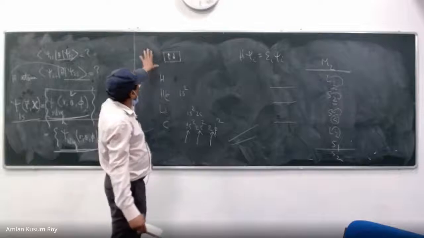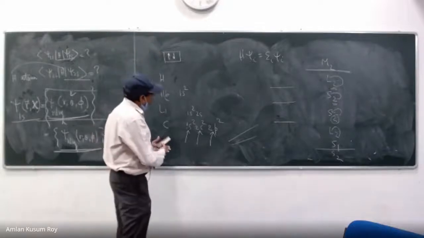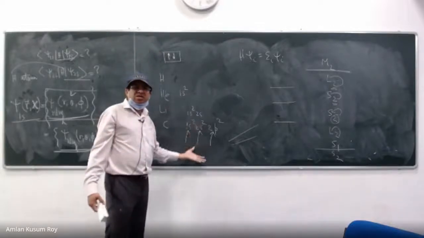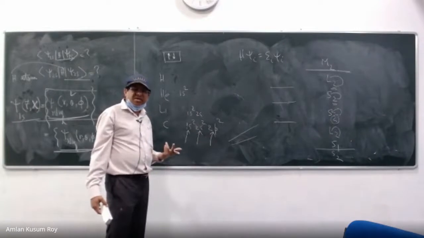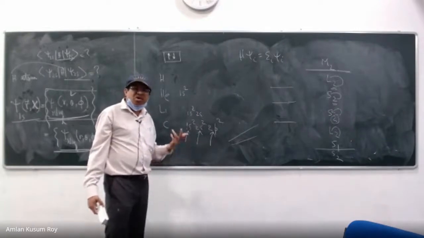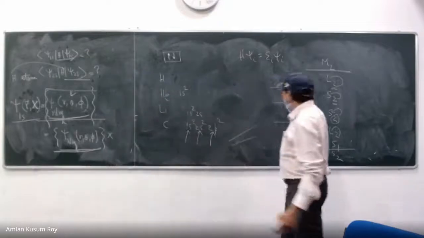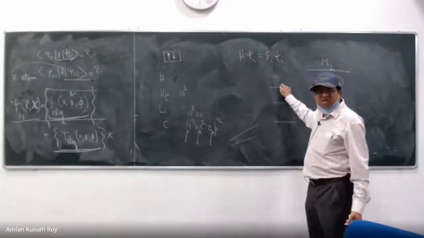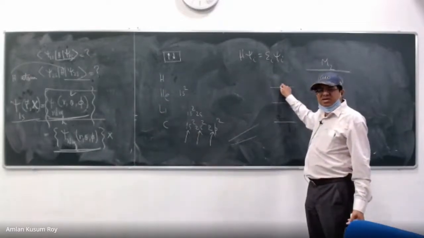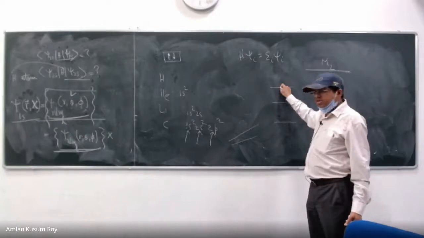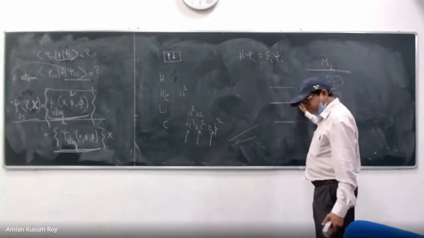Now the question comes, where is my state in all this discussion? Where is my state? Because I have to talk in terms of states. Every time you have a transition, you do not talk about a transition from this orbital to that orbital. That is a very misleading understanding of the system, right? You talk in terms of the states.